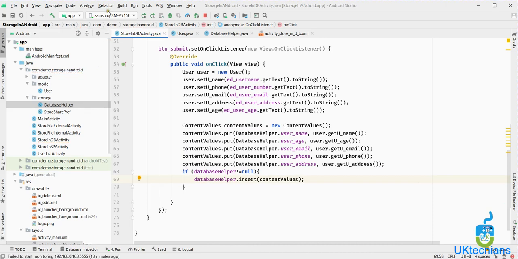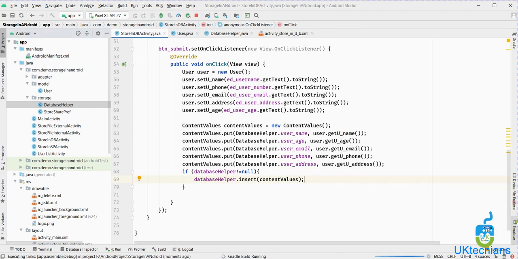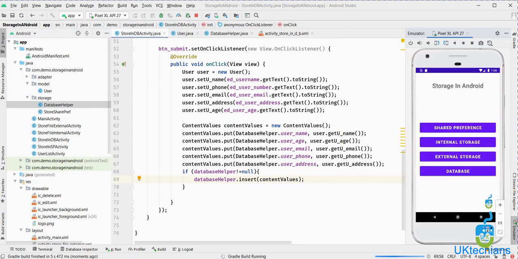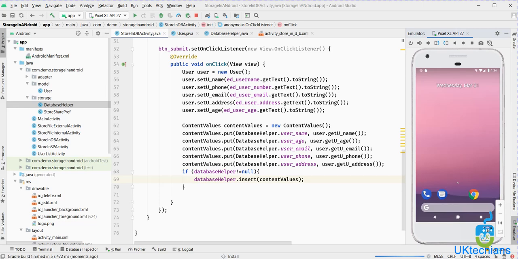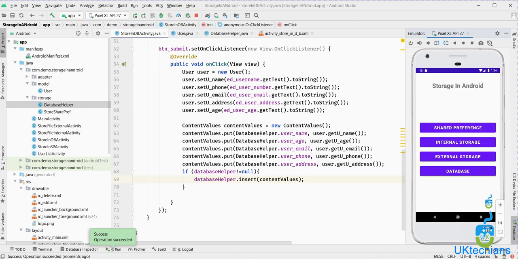Let's run it and see what it will display. So it's running from scratch. So this is the page.